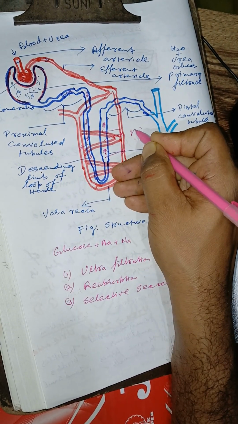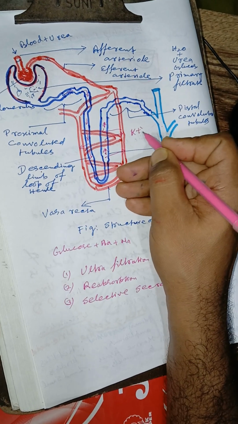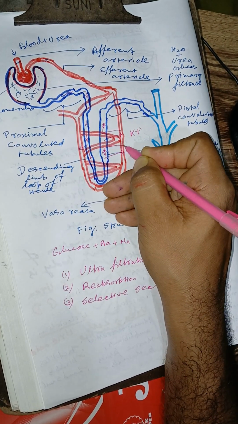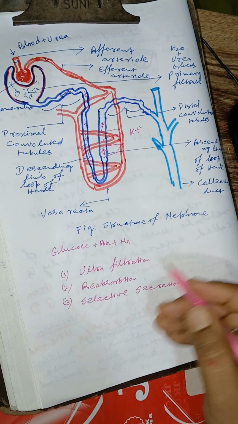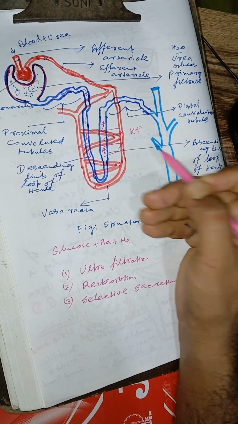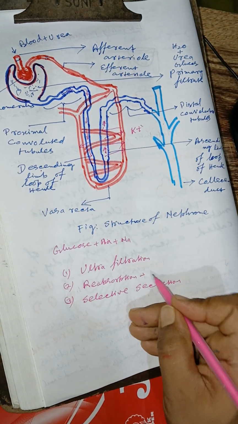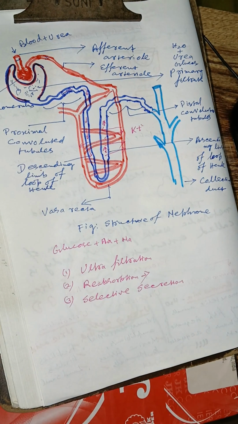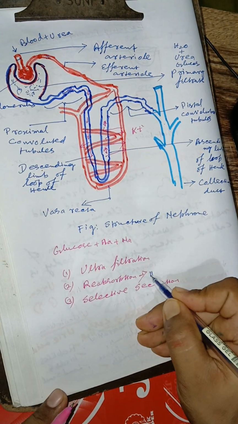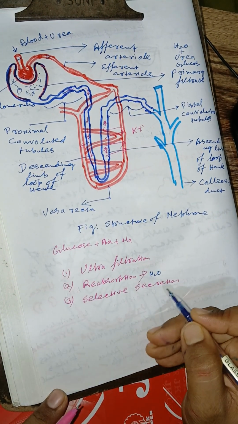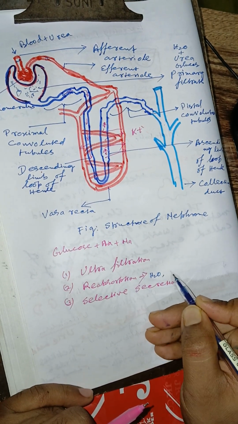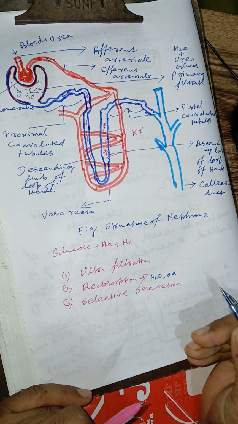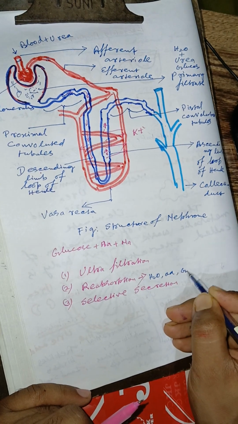Not only potassium ion, sodium ion come here to here, and potassium ion go here to here. Okay, and useful substance have to reabsorb. What's useful substance has to reabsorb? Basically water, lots of water, because water is very important for our body. Okay, water is reabsorbed, and amino acid is reabsorbed, and glucose is reabsorbed,